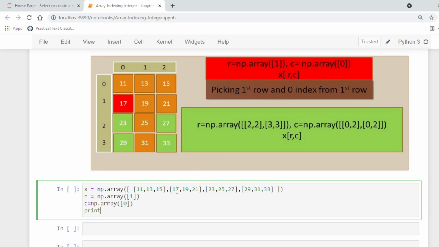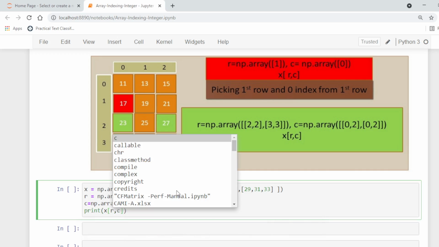Now print X, R and C. So it will return the value stored at the second row and 0 column.